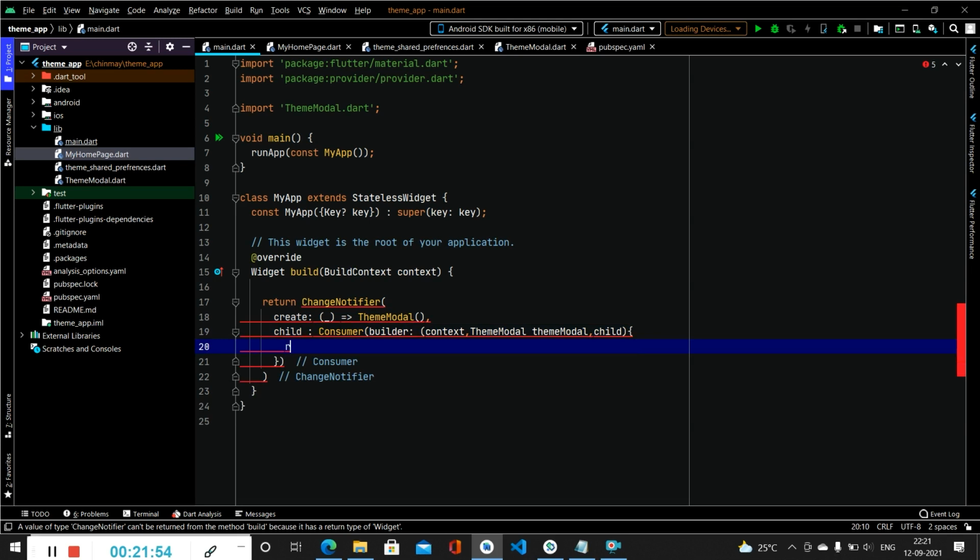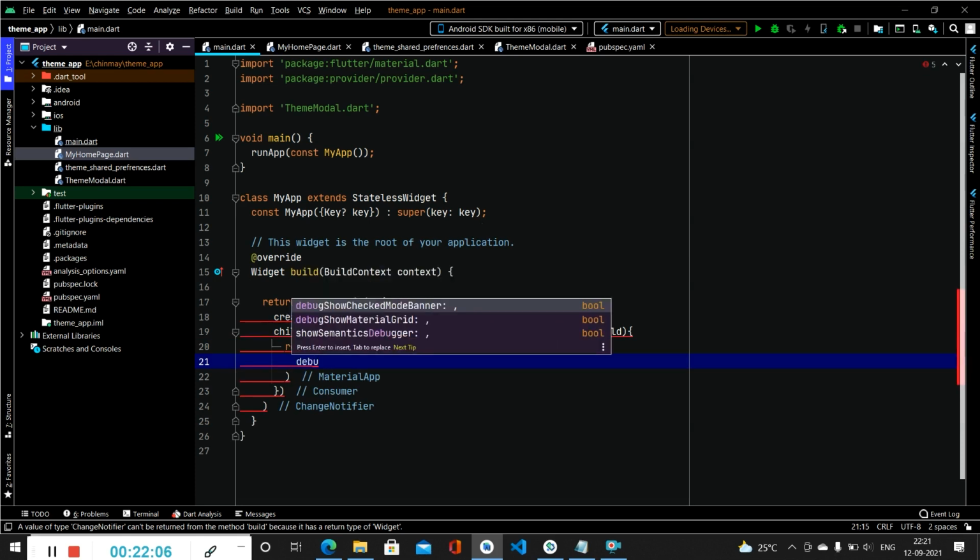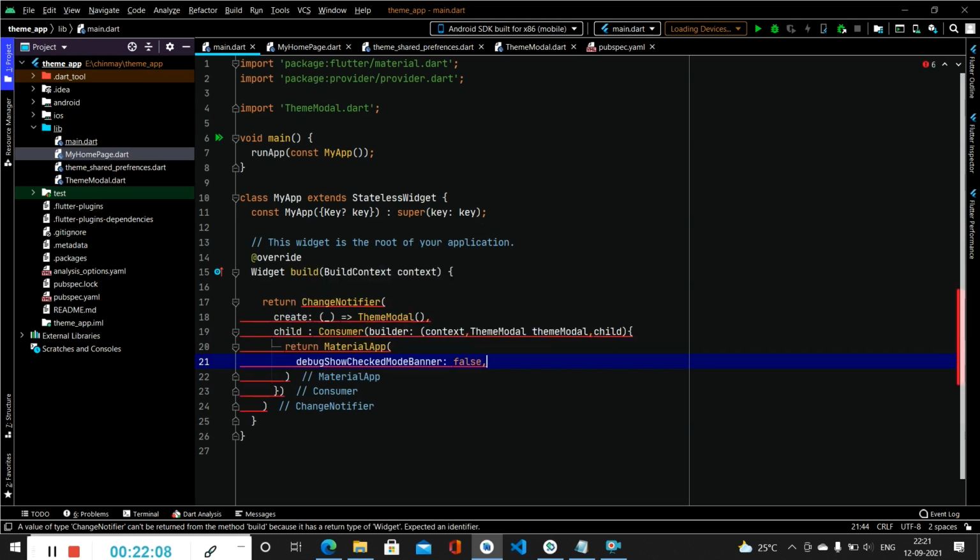Now inside this, we will be calling return material app. Inside material app, we will be firstly displaying debug show check banner as false. Then we will specify title Geeks for Geeks.